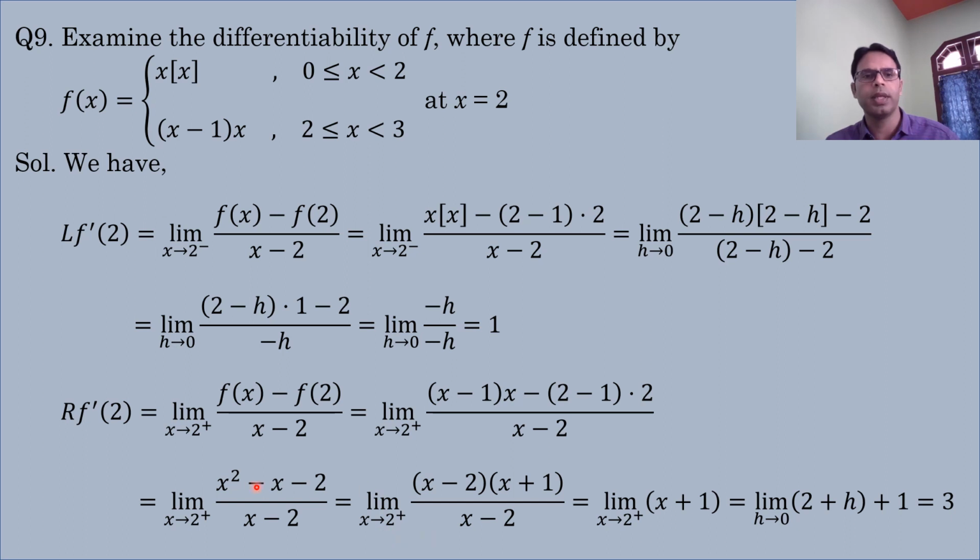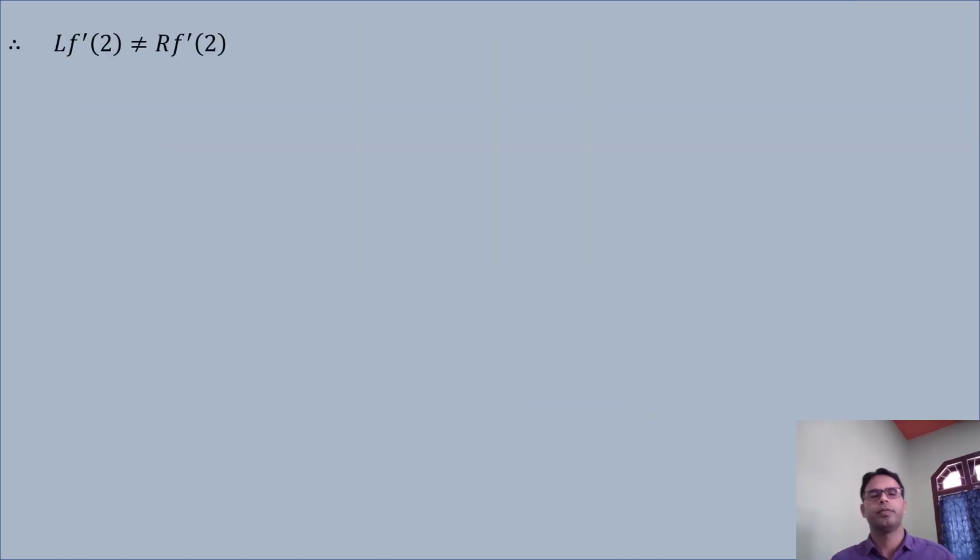Limit x tends to 2 plus, factorizing this, x minus 2 is cancelled, so limit x tends to 2 plus, x plus 1 remains here. Making h tends to 0, x is replaced by 2 plus h, then plus 1 is there, and using h to 0,